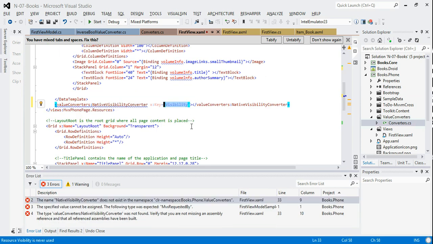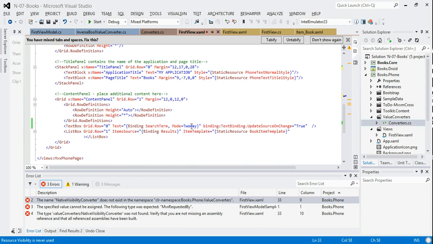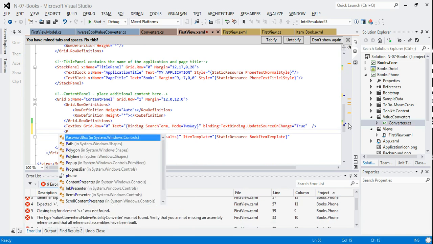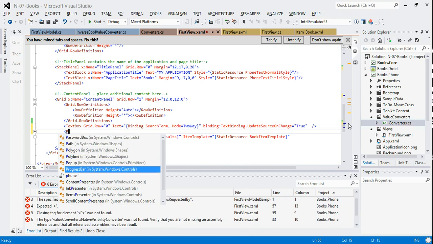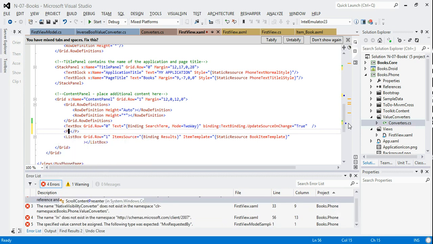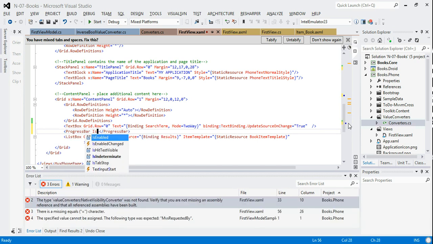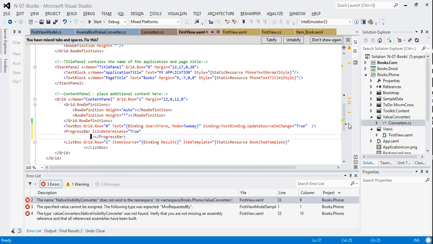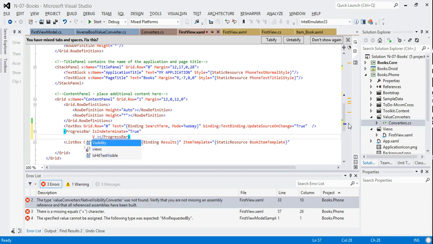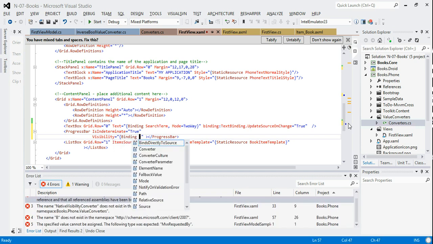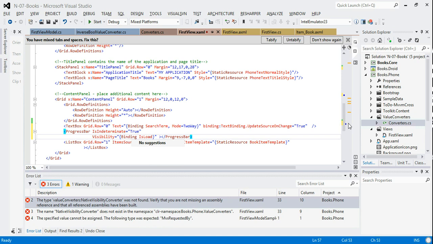So let's do that. What do we want to be visible? Well, we would like this progress bar that we haven't actually done yet. So let's add it. I have to remember all of these things. Is it a progress bar or an indeterminate? Let's try progress bar. Okay, so it's an indeterminate progress bar. And what we do is we put its visibility equal to binding. So this is a bit fiddly, sorry. IsLoading, comma,